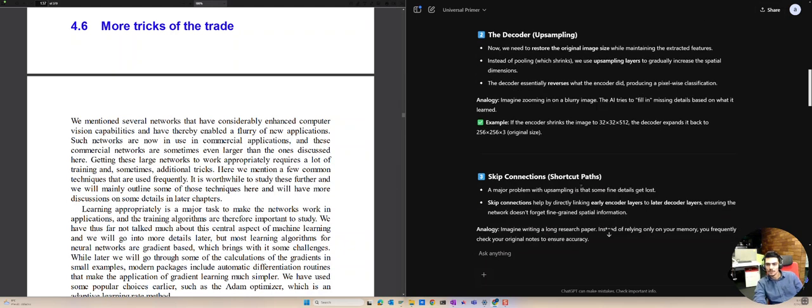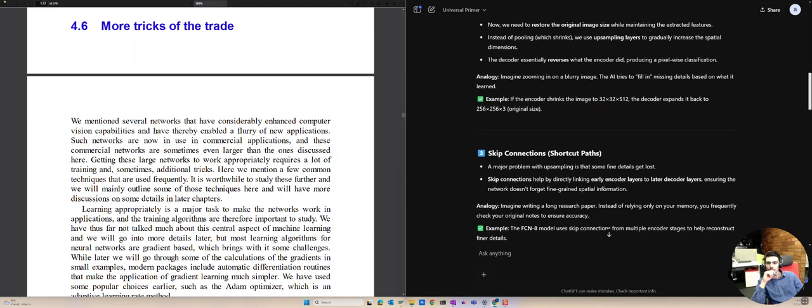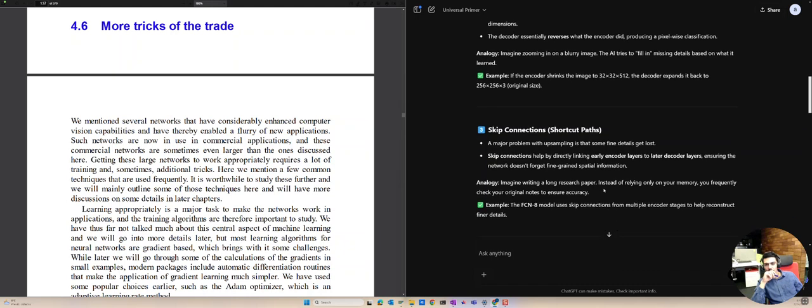Skip connections are shortcut paths. A major problem with upsampling is that some fine details get lost. Skip connections help directly link earlier encoder layers to later decoder layers, ensuring the network doesn't forget fine-grained spatial information. Imagine writing a long research paper, and instead of relying only on your memory, you frequently check your original notes to ensure accuracy. Example, the FCN model uses skip